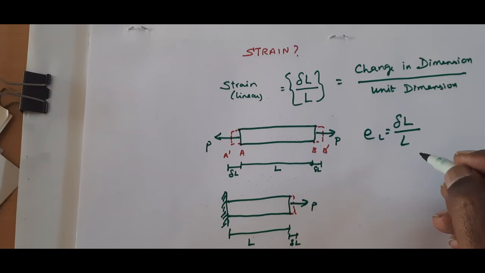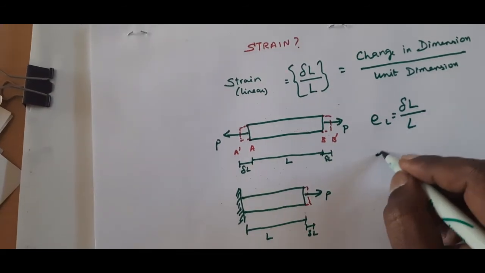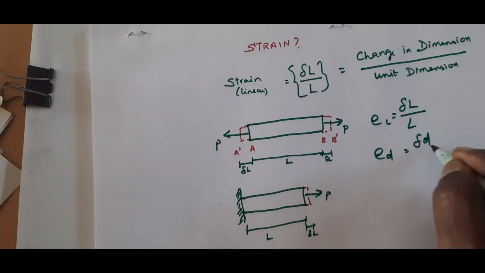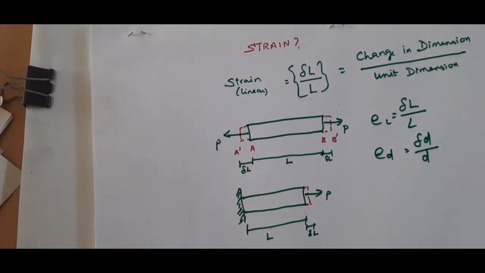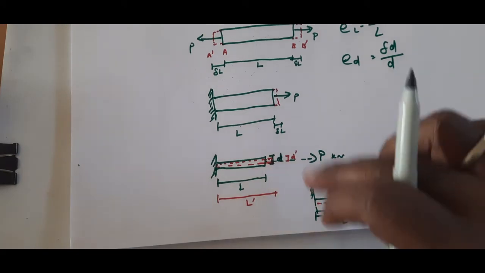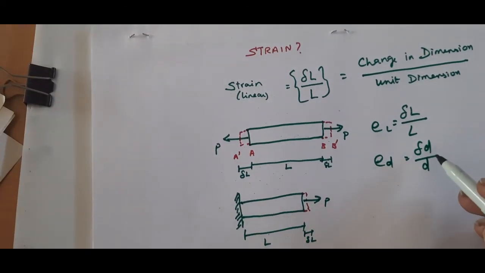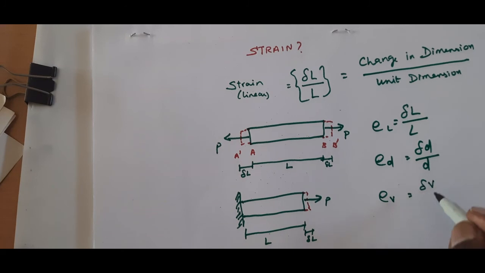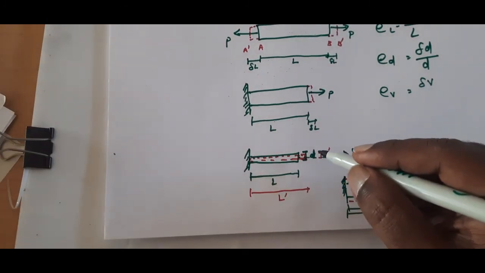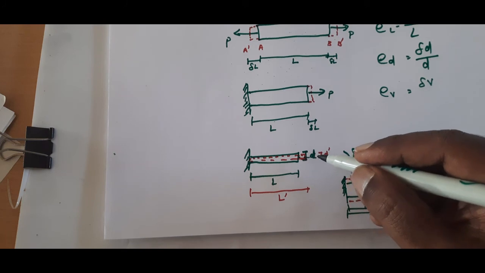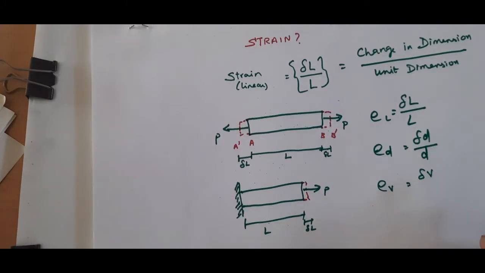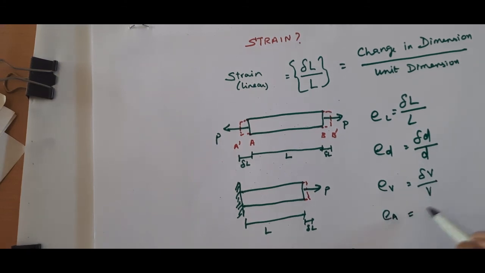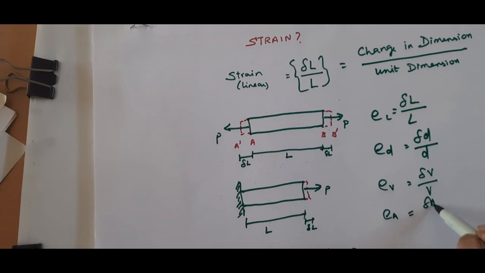So if I want to find it in a lateral way, what I will be doing is delta depth divided by the original depth. For these two beams, what did we change? Delta D divided by the original D. You can even find the volumetric strain. EV is nothing but change in volume, because here, as I told, D dash is changing, so the total volume might change. So what will be the volumetric strain? Delta V divided by V. Similarly, if I want to find the strain in the area region, delta A divided by area.